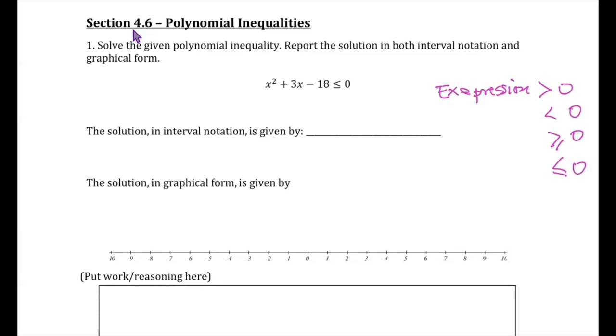Also, the two last situations will be when the expression equals 0 and greater than 0, equals 0 or less than 0. This will always imply solving expression